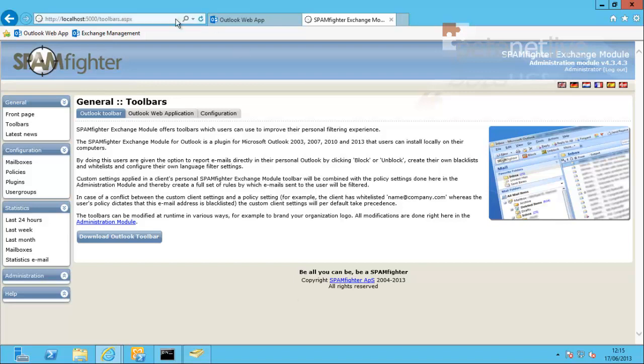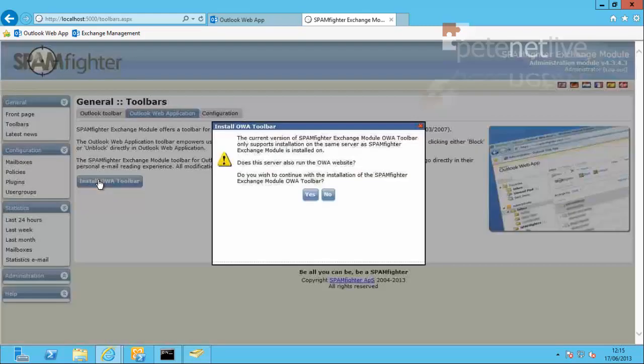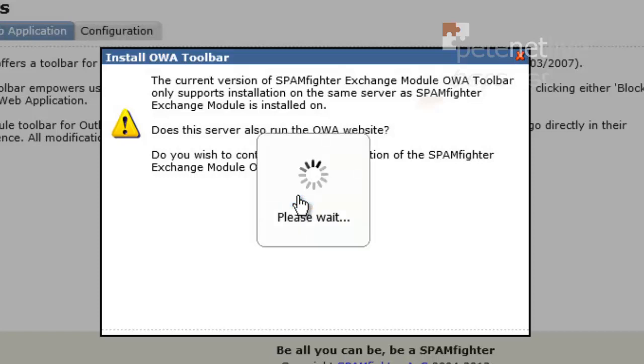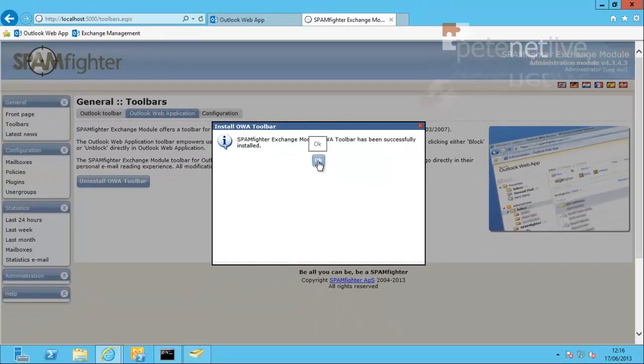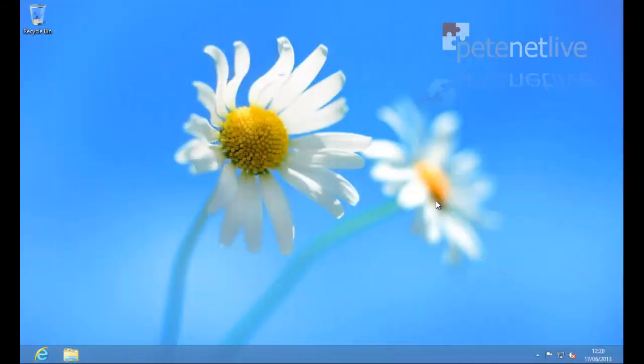Now, the Outlook web app plugin doesn't get installed on the client machine. It actually gets installed on the Exchange server or the client access server that's running Outlook web app. As that's the same server that SPAMfighter is on, I'm going to install it directly upon that. Again, I've sped this up a little bit for the sake of the video. Click OK. So now if we jump back onto our client machine again and connect to Outlook web app,